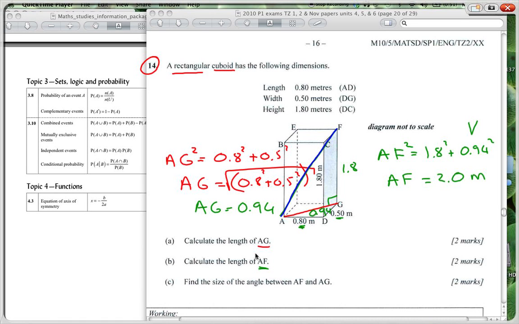Then it says find the size of the angle between AF and AG. So we're looking at this angle over here. We've got a right angle triangle that we're going to be dealing with. We've got all three sides to it, so we can use any. I'm going to use tan. This is opposite, this is adjacent, and I'm going to find this angle theta. So the tan of theta is equal to opposite over adjacent, 1.8 divided by 0.94. I put that into my calculator, enter, and I get the tan of theta is equal to